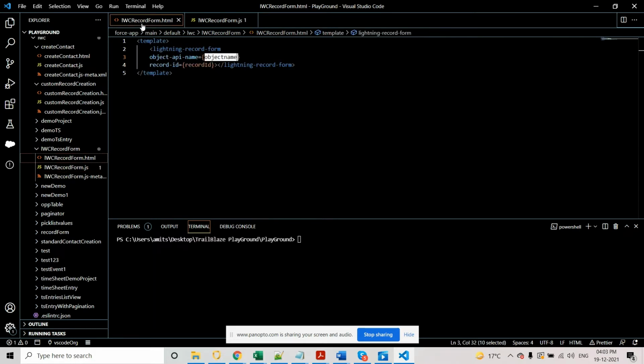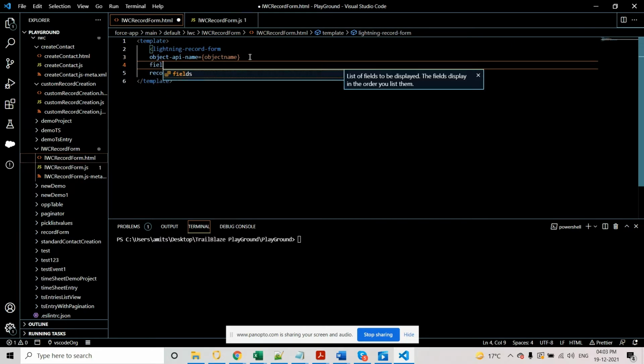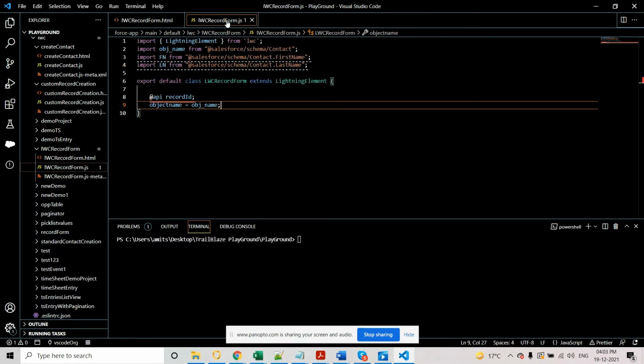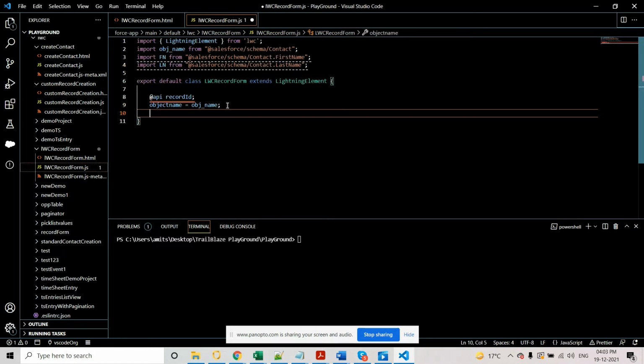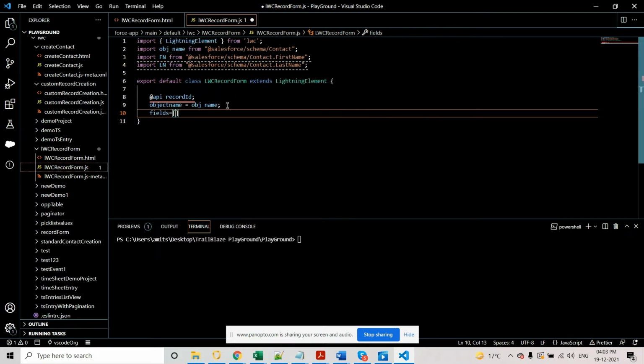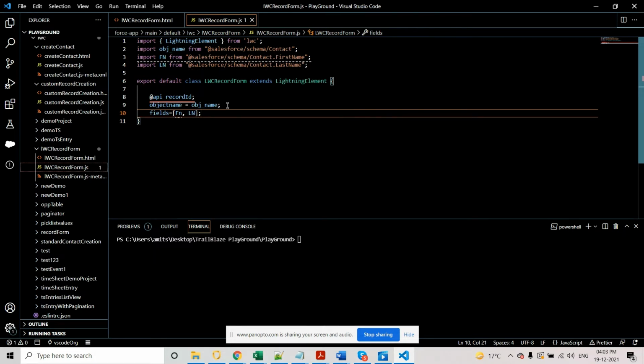Now we need to add the fields section also. Save the JS, and fields in square brackets. Just type the field names, which are FN and LN in our case. Save it.